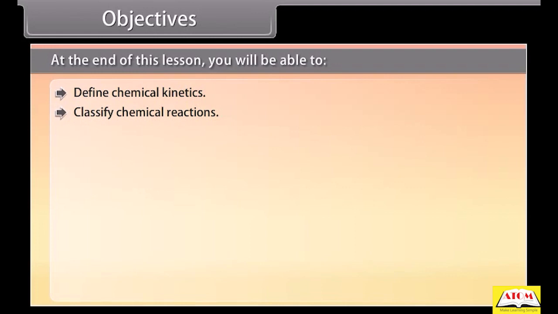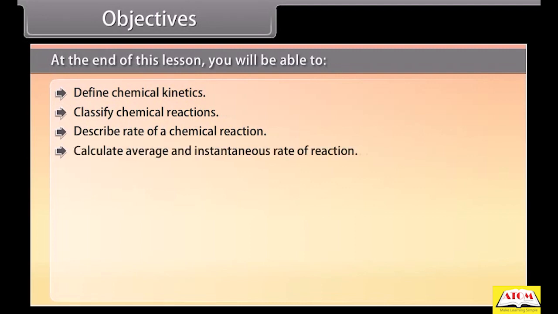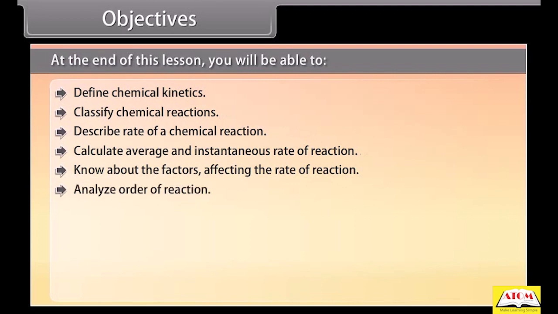At the end of this lesson, you will be able to define chemical kinetics, classify chemical reactions, describe rate of a chemical reaction, calculate average and instantaneous rate of reaction, know about the factors affecting the rate of reaction, analyze order of reaction, calculate molecularity of a reaction,